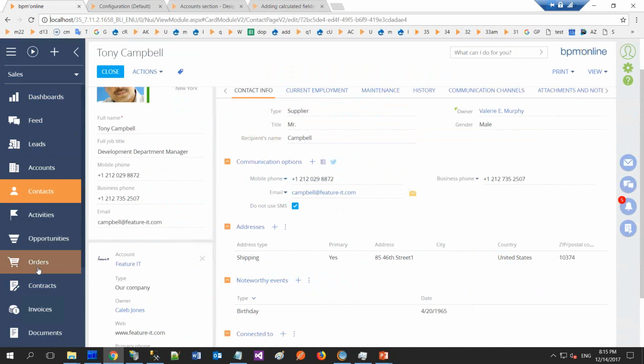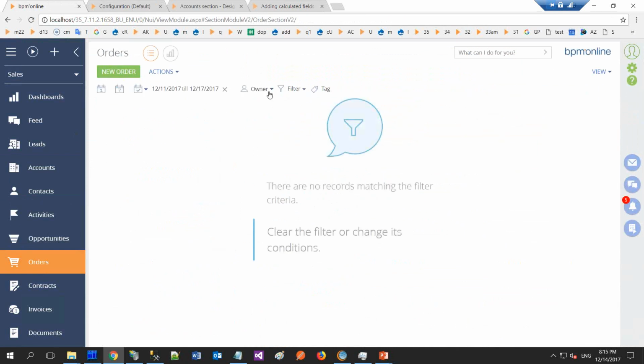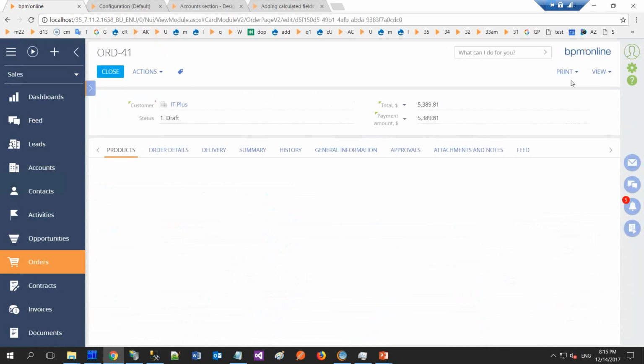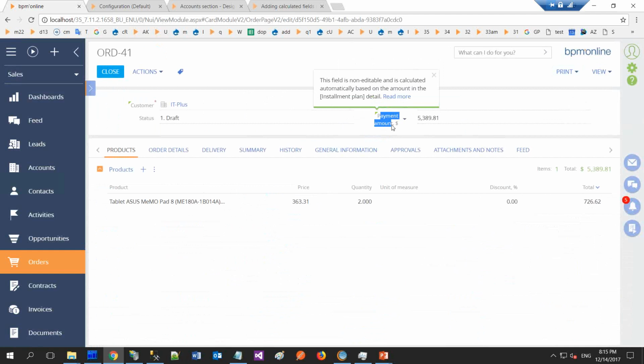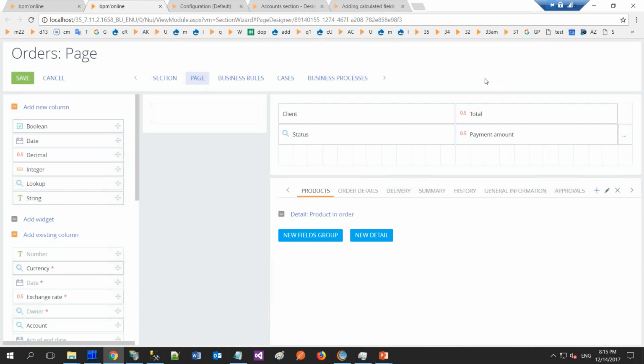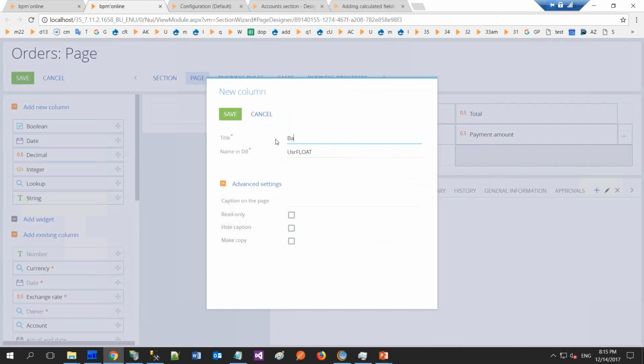So we are interested in working with the orders section. We will edit any order, and you see total and payment amount. And we will add one more field, which will be the difference between these two numbers. Open section wizard. New decimal field. Title balance. Name balance. It will be read-only. Save,